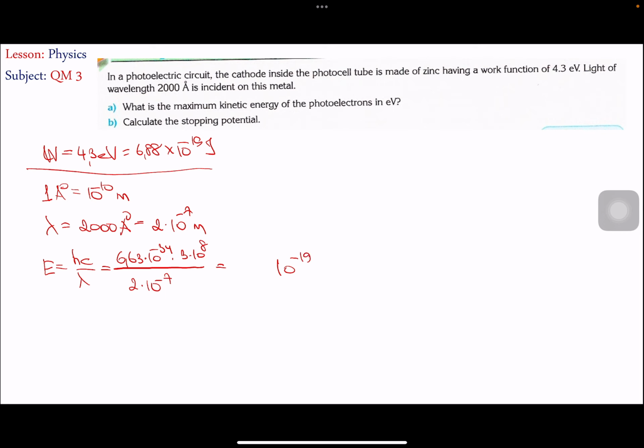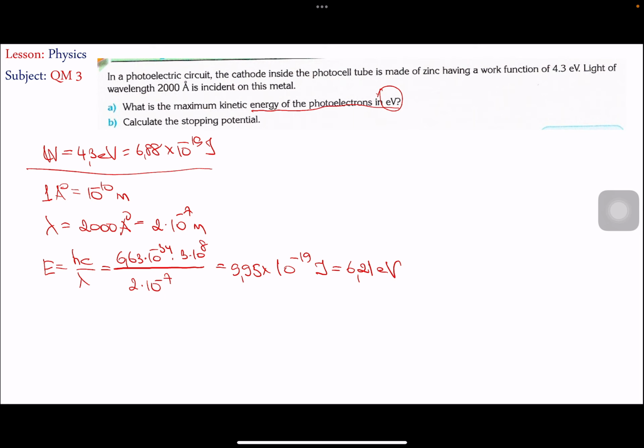So 6.63 times 3 over 2 will give me the energy of 9.95, approximately 10 to the power of minus 19 joules. So that's the energy carried by the photon. Since I have to find the kinetic energy in terms of electron volts, I have to convert the energy carried by the photon to electron volts. In order to do this, I have to divide it by 1.6 times 10 to the power of minus 19, so that the powers will be cancelled, and the energy carried by a photon appears to be 6.21